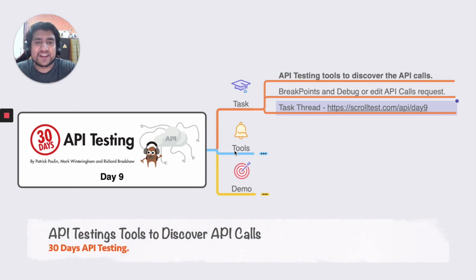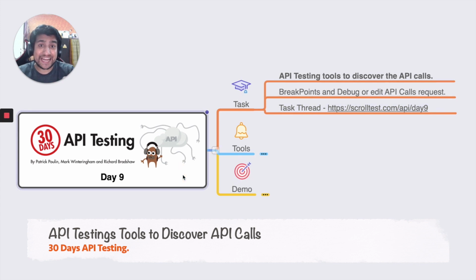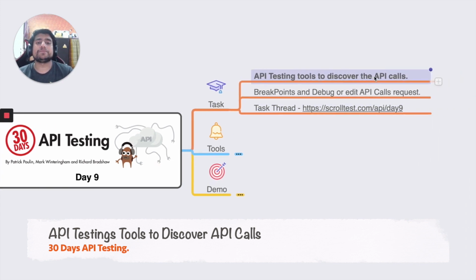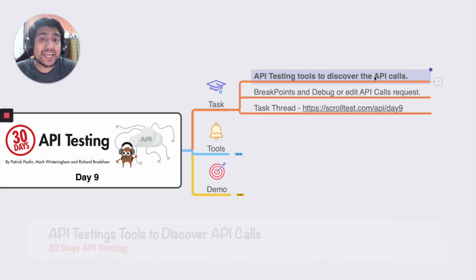All right, guys. We are at day 9, and this is the task that we have given you. We always have a task daily. The day 9 task is to find an API testing tool which can discover the API calls. Let me tell you a story about it.